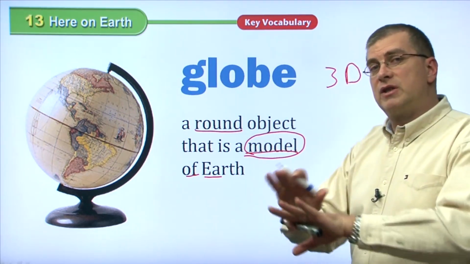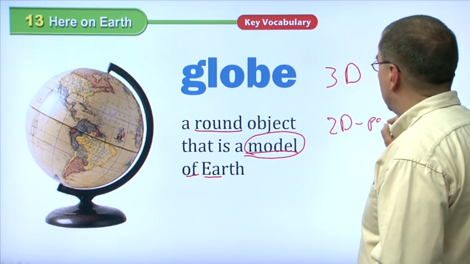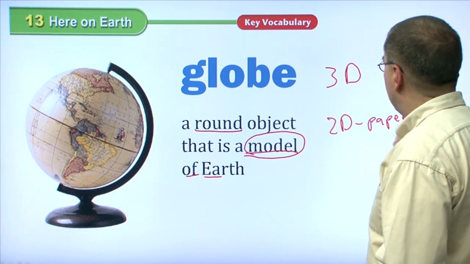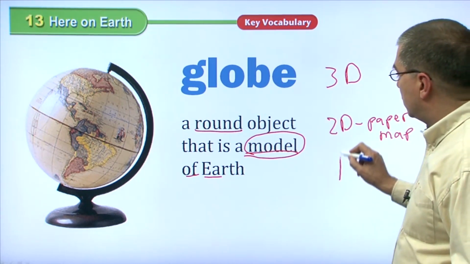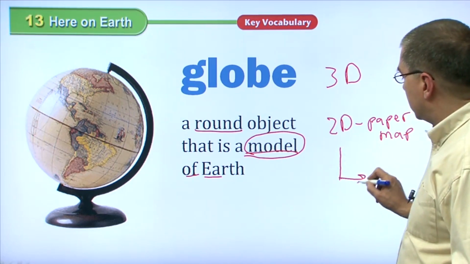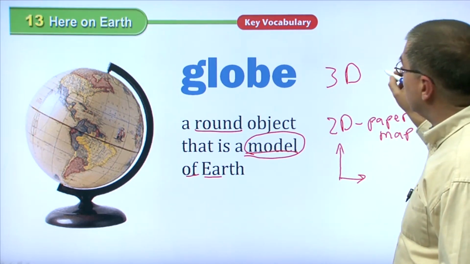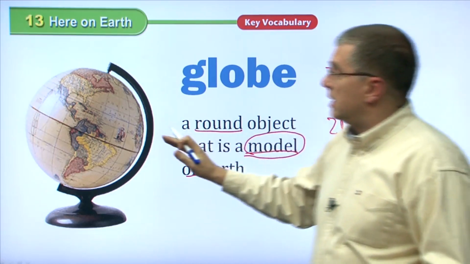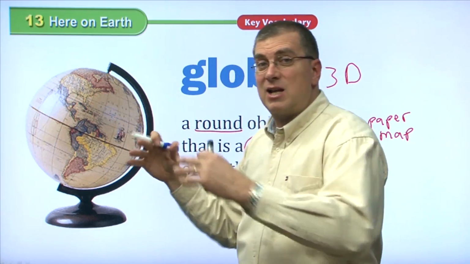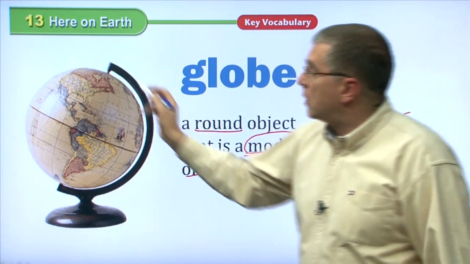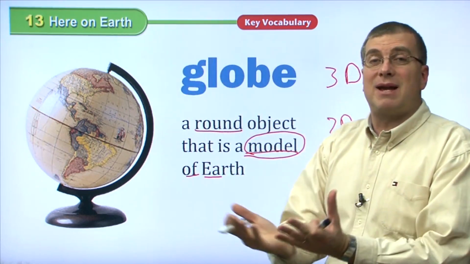3D as opposed to 2D. 2D is a paper map. A paper map only has 2 dimensions, right? There's the dimension wide and there's the dimension tall. But 3D has 3 dimensions. You have this way, you have that way, but you also have inside. You have 3 dimensions. So a globe is a model of the Earth that is in 3 dimensions,